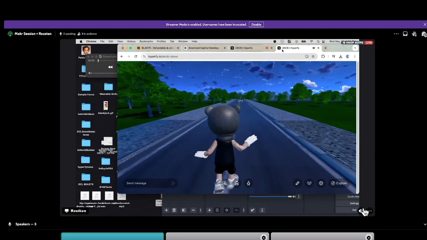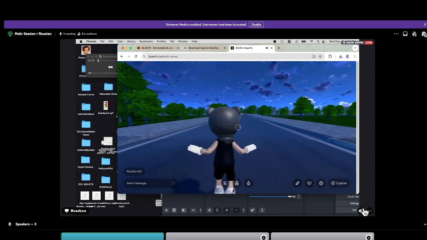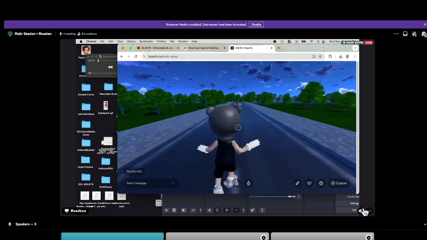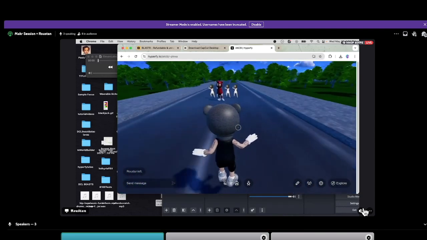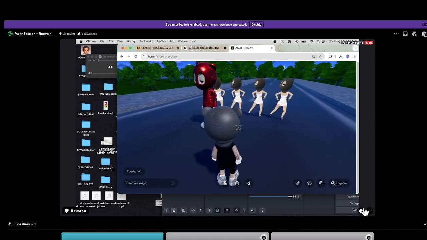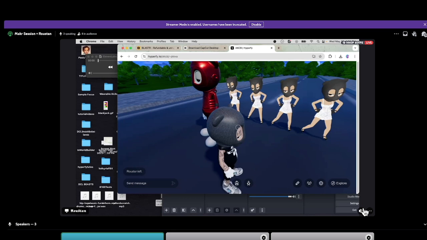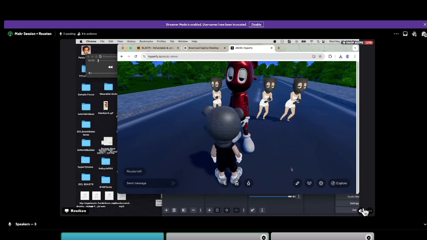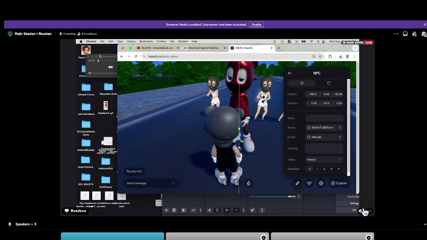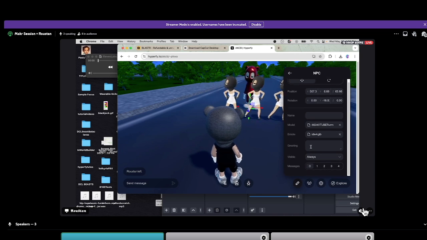I'm going to close my other. You hear that echo? Closing the other window now. The reason I refreshed this was so that they would all load in sync. So now they're like a dance line, and so now you can see all 4 of them are dancing real awesome. And I'm gonna move Big Boy behind them,